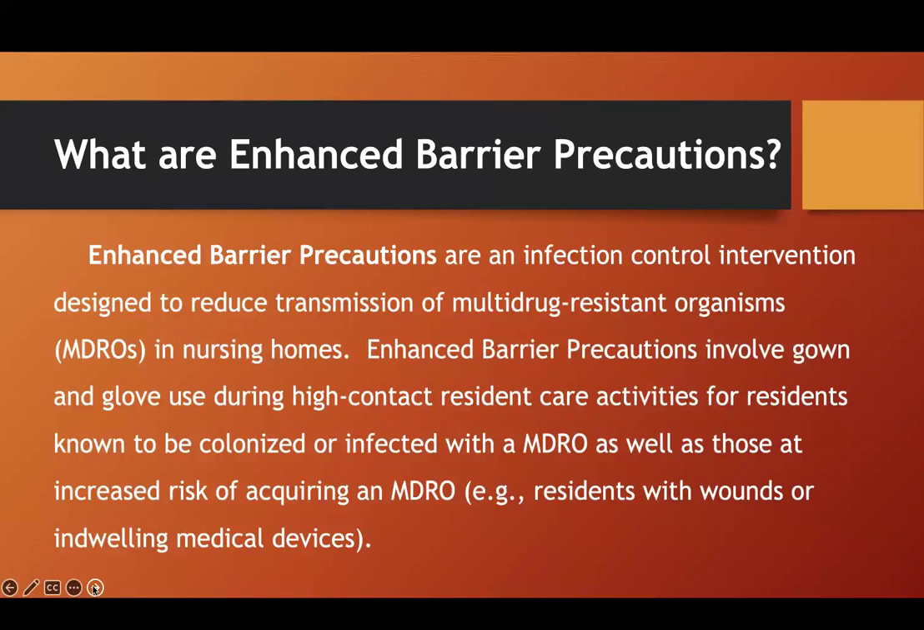Enhanced barrier precautions, they're different than contact precautions. It's an infection control intervention, and it's designed to reduce the transmission specifically of multi-drug organisms in nursing homes. The CDC put this together specifically to prevent or mitigate the risk of MDROs in nursing homes, and it involves gowning and gloving during high contact resident care for any resident that's known to be colonized or actively infected with an MDRO, as well as those at increased risk of acquiring an MDRO. So if you have an indwelling medical device, a Foley, an IV, a wound, they encourage the use of enhanced